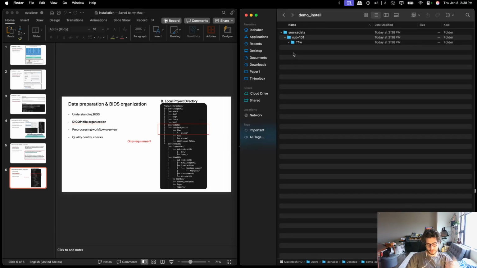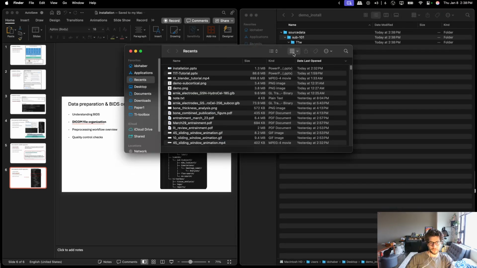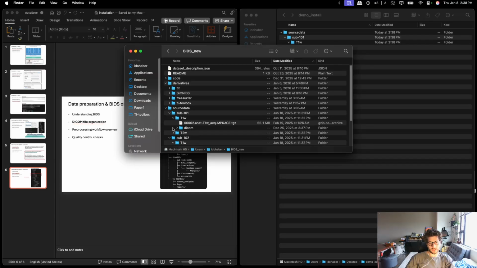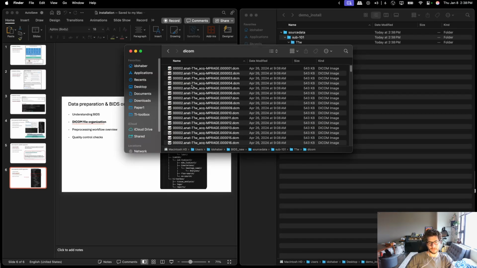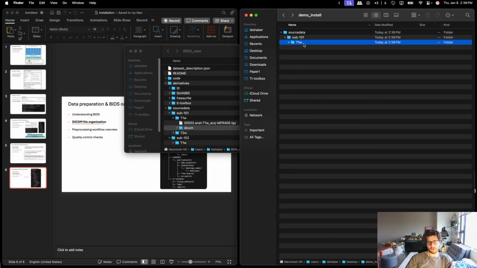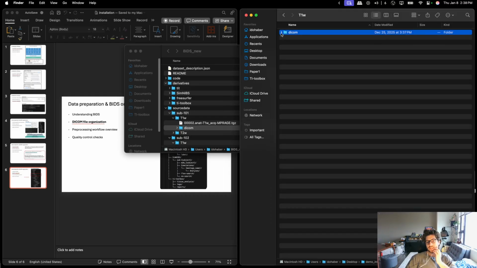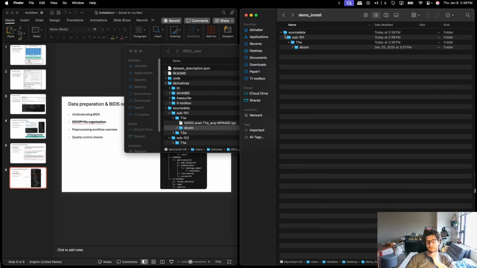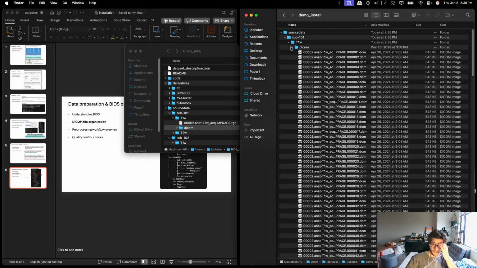So I will open another window, and I will take some DICOMs, and I will copy them to the T1 weighted subdirectory. So this is the only thing we need